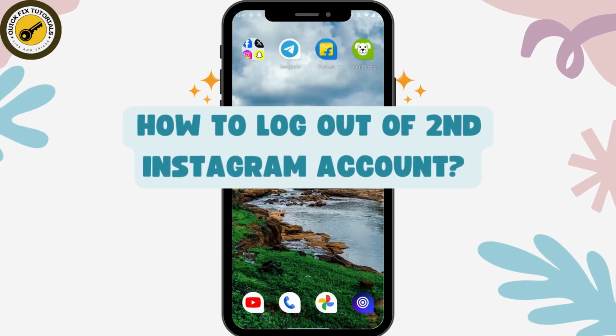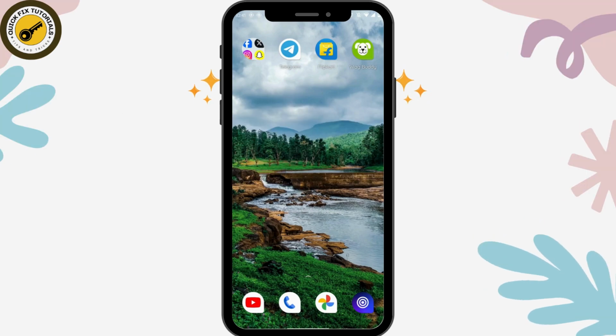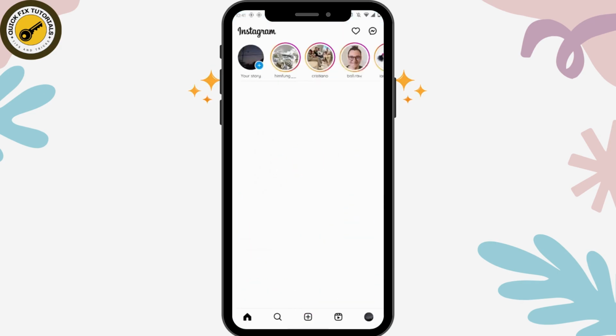How to log out of second Instagram account. So if you want to log out of your second Instagram account, then open up your Instagram application